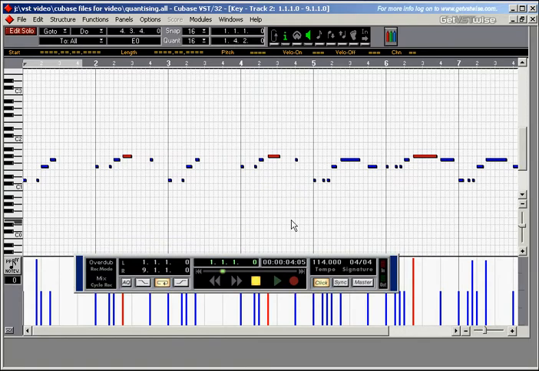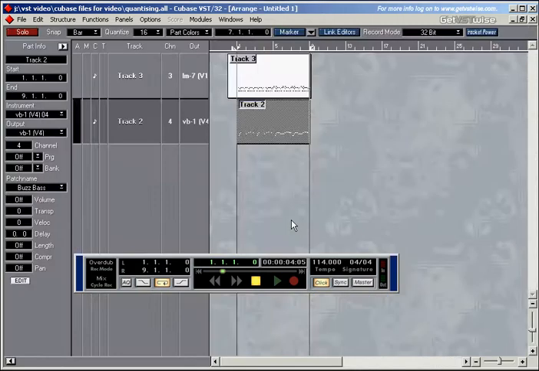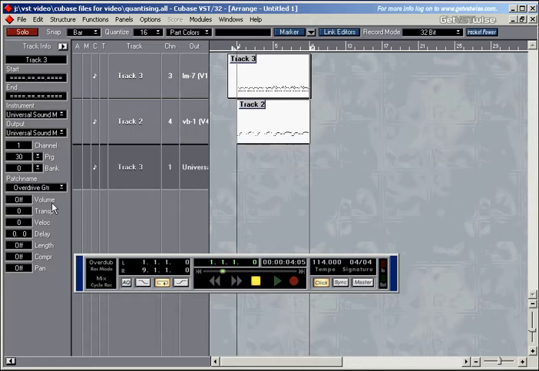Cubase has got a great feature which enables you to quantize your material if you're in a hurry and do everything on the fly while you're recording the tracks. So I'll set up a new track and I'll show you my new ideas that I want to play, and I'll take you through the quantizing. So I've set up my new track and I want to record something like this here in a 16th note feel